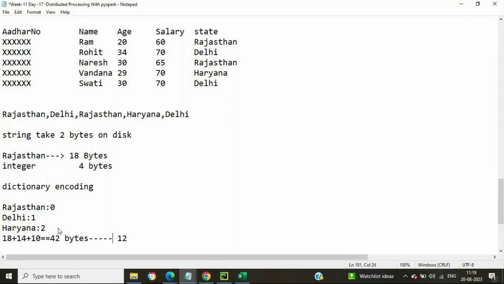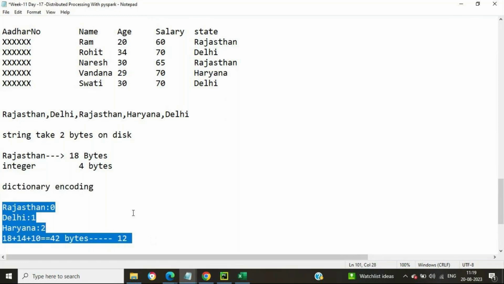So just have a look, if we are using Rajasthan, Delhi and Haryana in string format, that is going to take 42 bytes for maintaining this particular state level information onto disk. And if we are doing encoding over here, say dictionary encoding, that can be managed with 12 bytes. So this is the betterment that is given by dictionary encoding, and it is possible because the data is